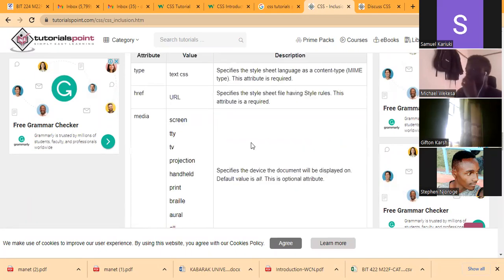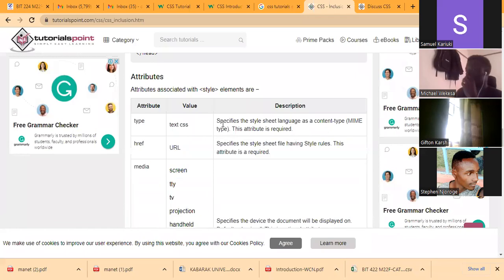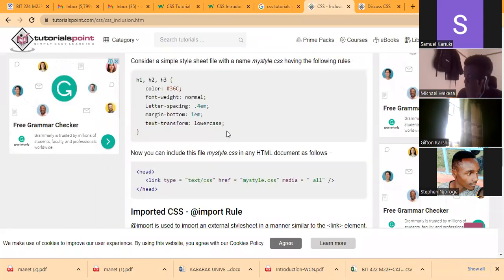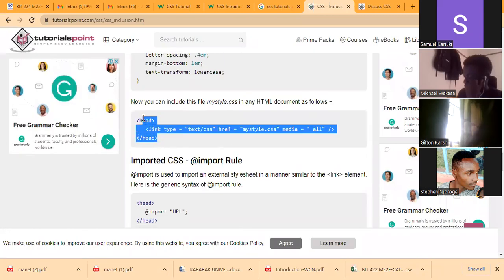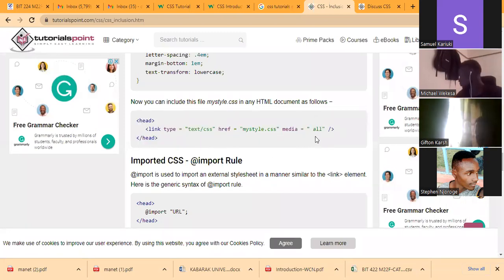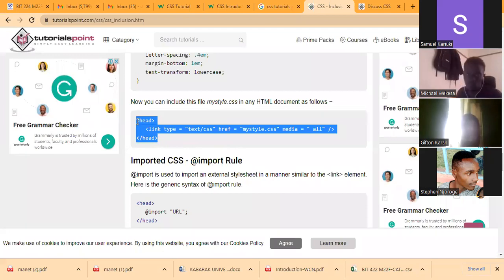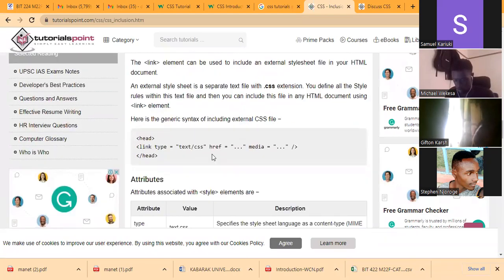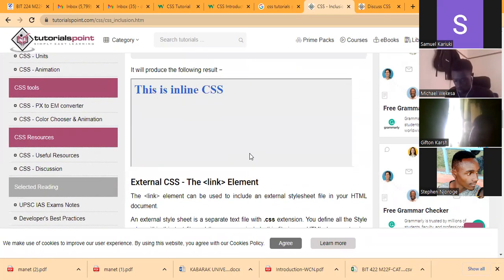There is no day you will start working on a website and start doing inline CSS one by one. You will always have one file which you make reference to within your site. So that is link type text/css, href, media equals all. So it will be able to apply all throughout your documents. And remember, this CSS is dictated within the head section as we had agreed, but this is an external style sheet applying all throughout your document. But an inline style sheet is only within that specific element,